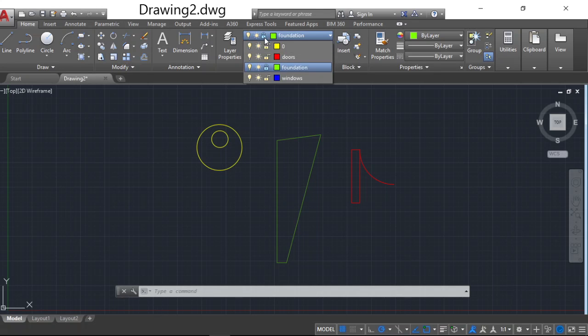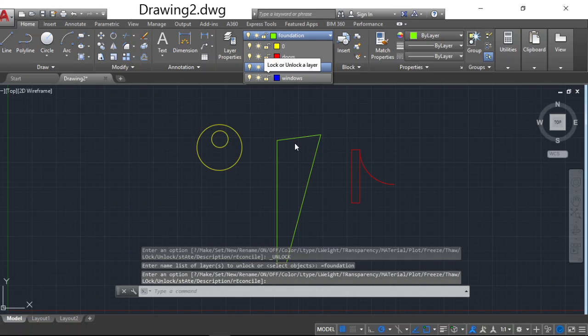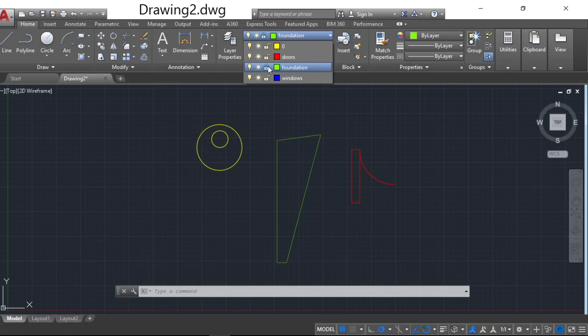If you unlock, then it is in highlighted mode. So if you lock, it is dim. Like that you can perform locking and unlocking. If you perform the lock operation, you cannot perform any editing operation on that particular layer.